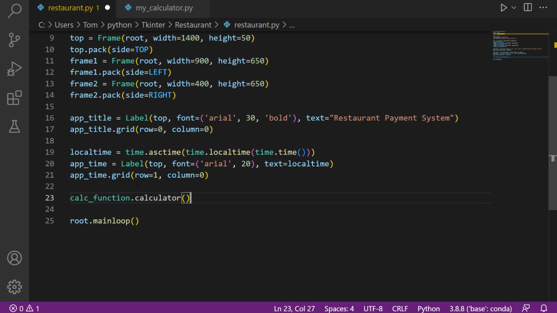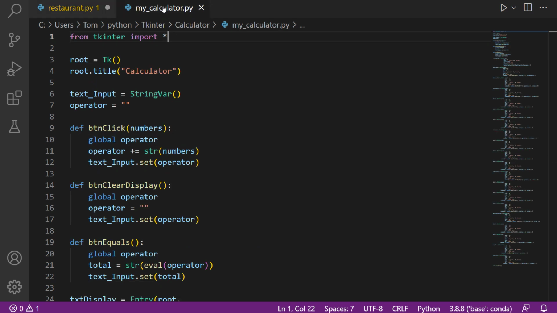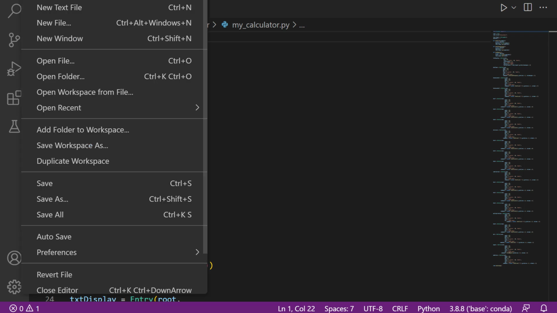I'm now going to go across to the my_calculator.py file that we created in the last section. Now this file works in its own right for the calculator, but I want to be able to call a function from our restaurant.py file rather than rewriting all of this code. So I do need to tweak it slightly in order for this to work, but we don't have to make too many changes. So I'm going to save this file as a new name,